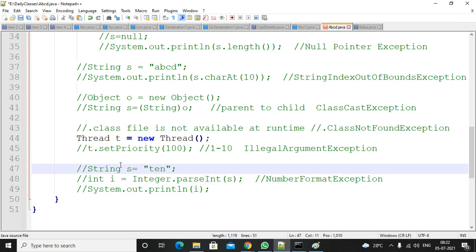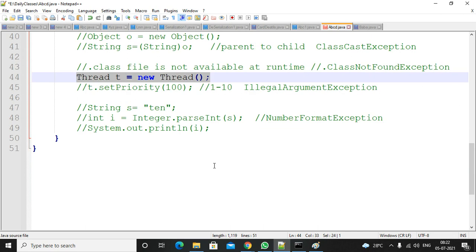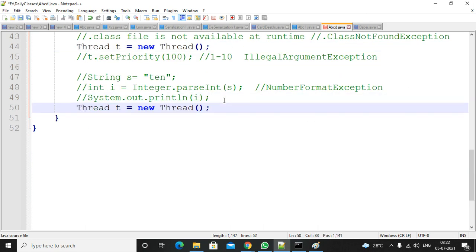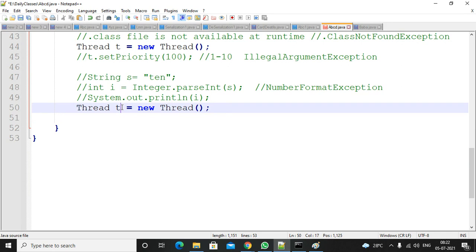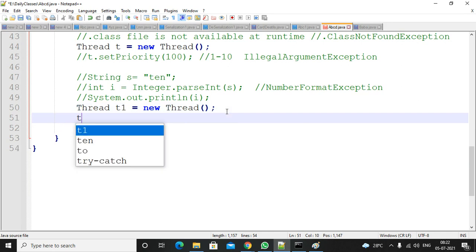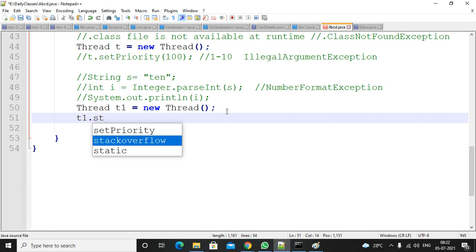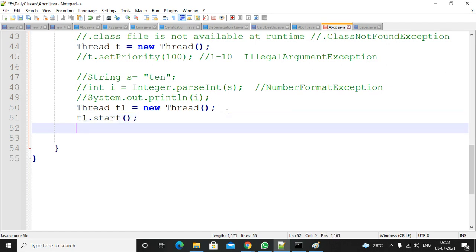There is another exception also. If a thread is started more than one time, you will get an illegal state exception. So I'm trying to create a thread. I created a thread t1, and I can start it by using the t1.start method. In multi-threading, you will understand this concept. Starting a thread one time is okay, valid.